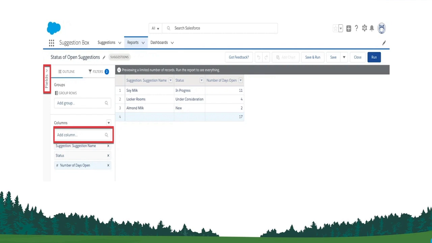You can add a column name, and you can customize the column name. Then you have your suggestion name also. So, moving to the right side of this, you can see there are multiple suggestion names available, and you are not getting the whole number of records. You are only getting a limited number of records with the suggestion names soy milk, locker rooms, and